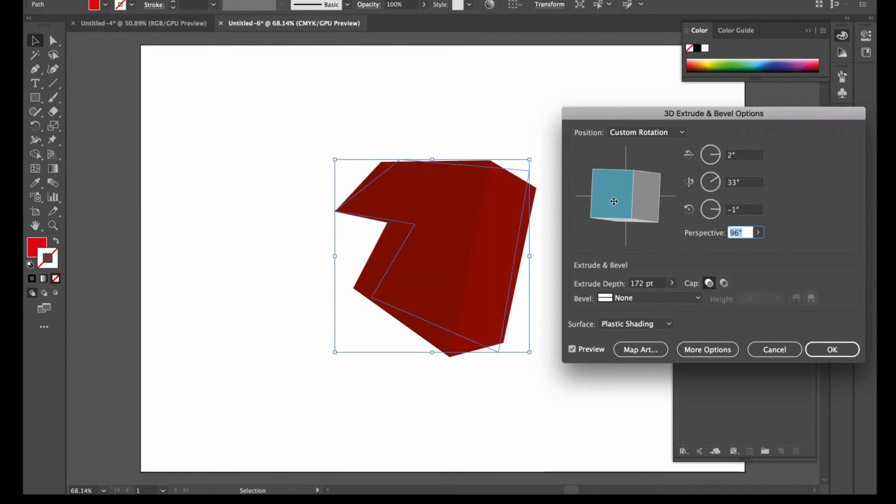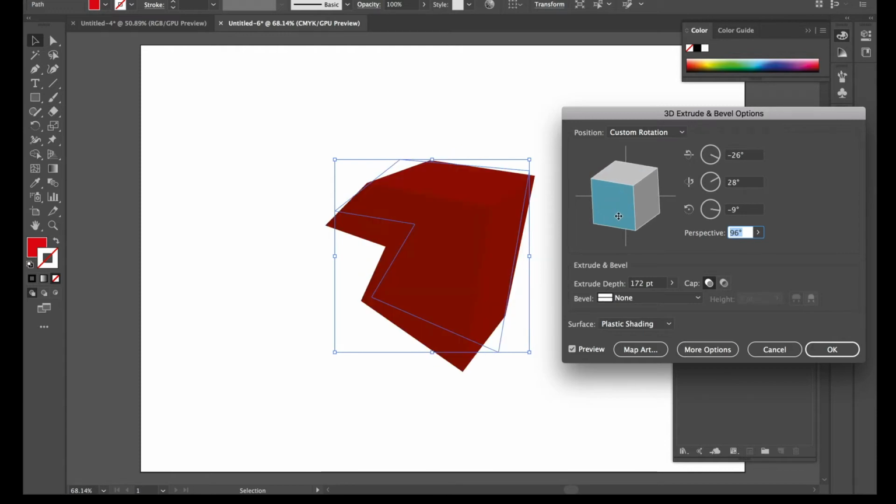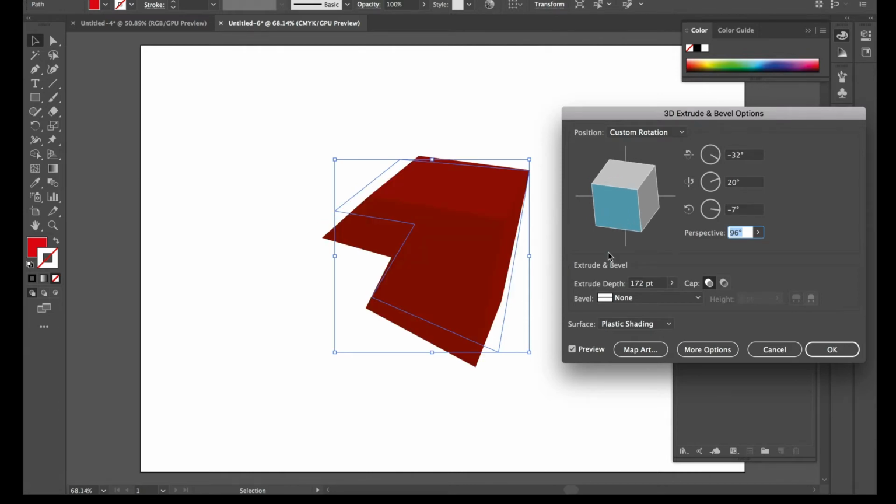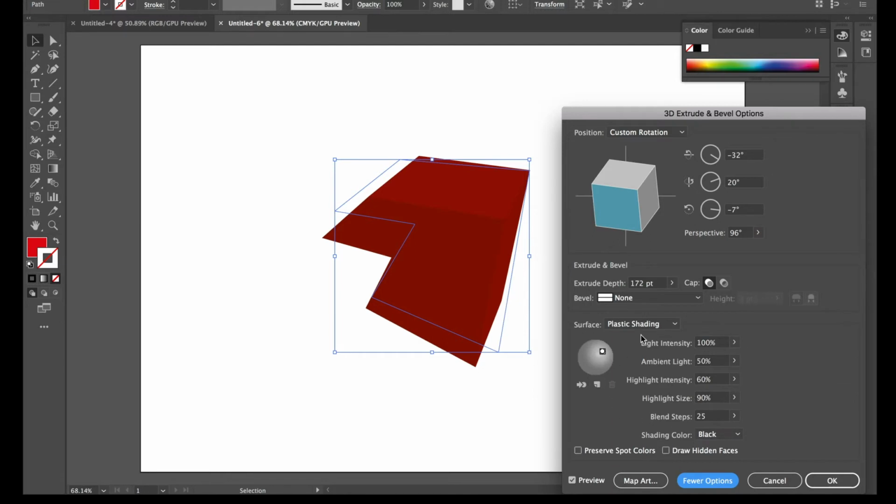looking at different angles. You can see that the shading is actually quite tricky to achieve. It's a difficult thing. What you can do is look at more options down here, and that will give you your plastic shading. You can then alter where you want your light source to come from, and how much your ambient light is. So we can up that, and it will give you a greater contrast between light